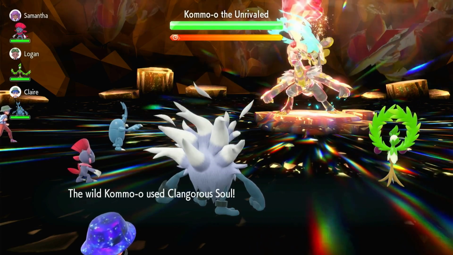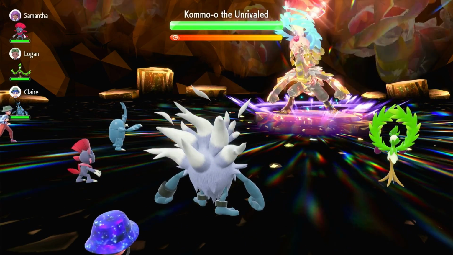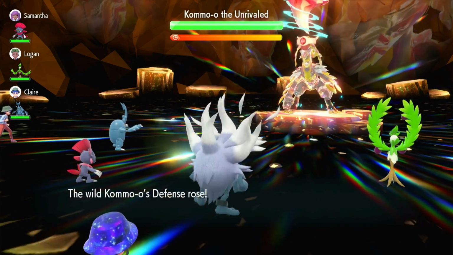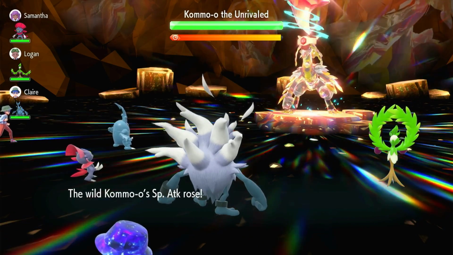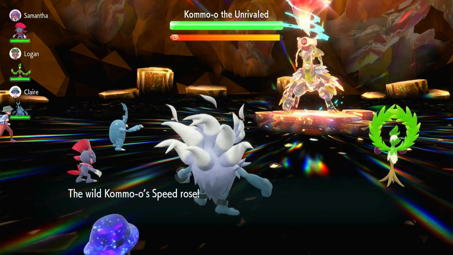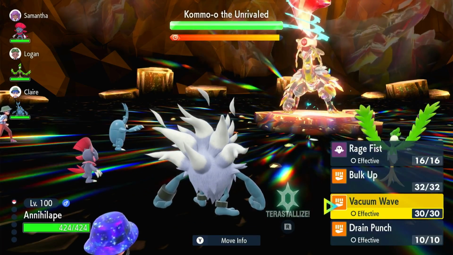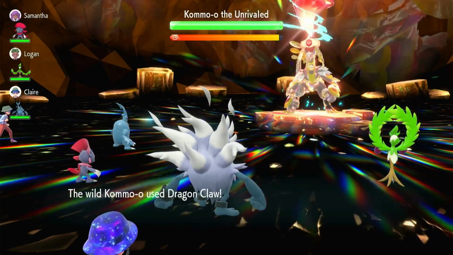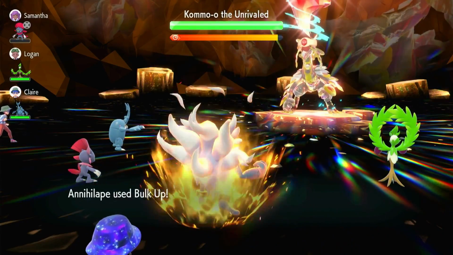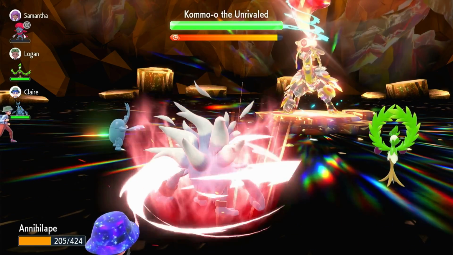So Clangorous Soul gets used at the very beginning of the raid, as you probably know, if you've done this raid at least once, increasing all of its stats. Okay, so it's just going through all the stats now. Speed Rose. Now we're going to use Bulk Up and the only move it's going to use really is going to be Dragon Claw, because